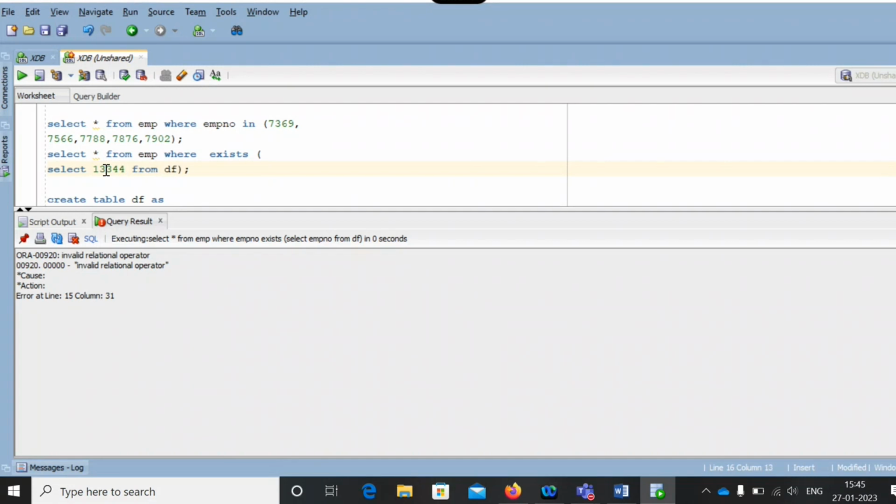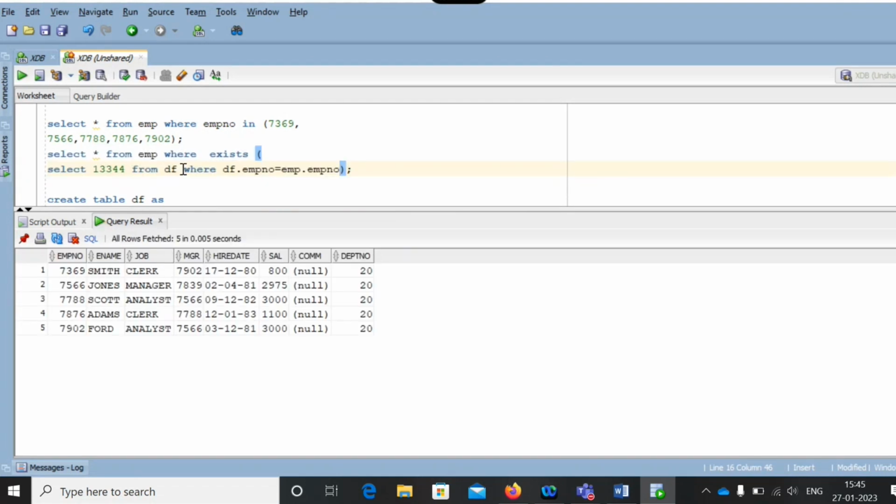Nothing will happen with that. That condition will be checked in this place. Where df.employee number equals emp.employee number. Now you can check here.